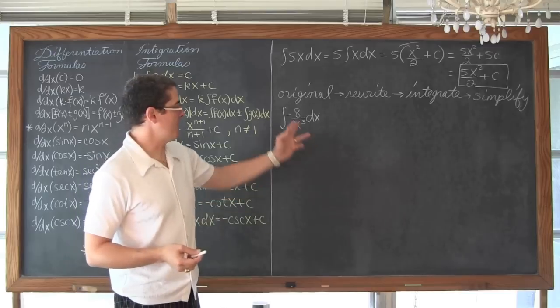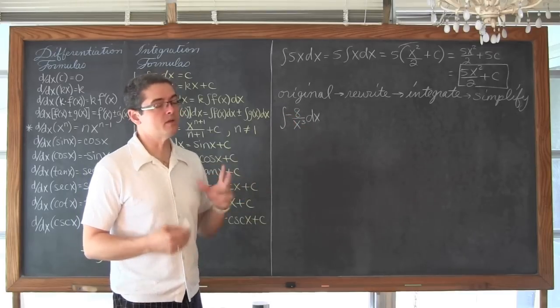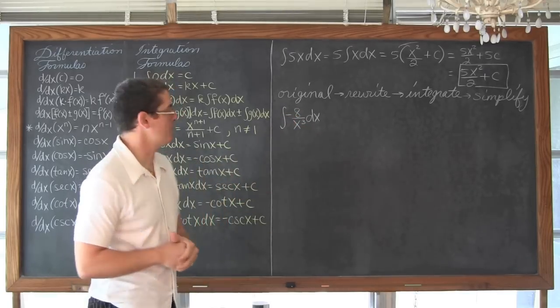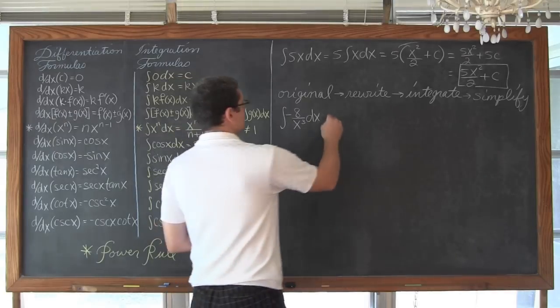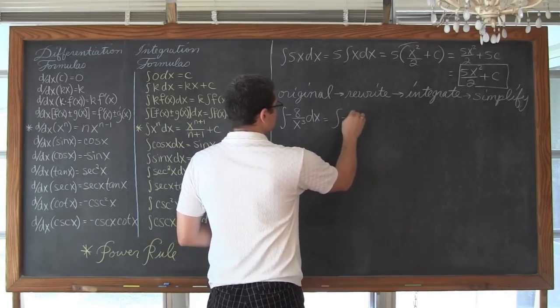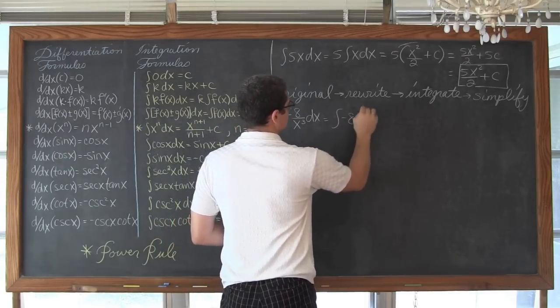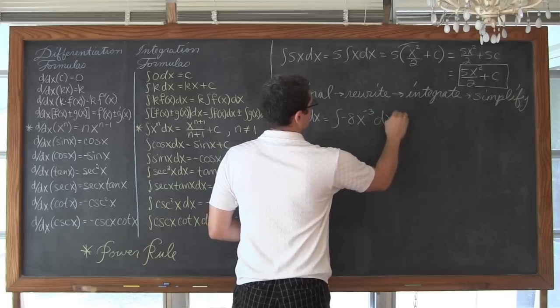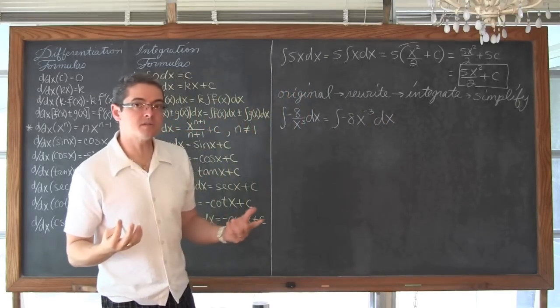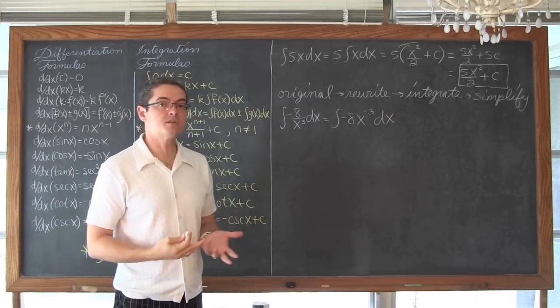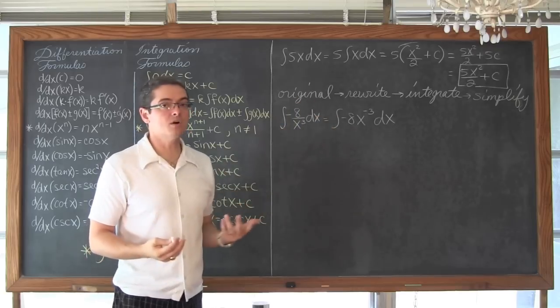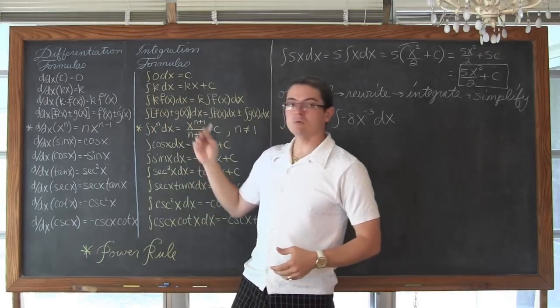And we're going to do that by writing this so that we don't see that fraction bar, so that we don't see the quotient. So we're going to write this as the integral of -8 x to the -3rd power dx. And see, so now my division sign is gone. I don't look at it as a quotient. It's just a term that I can apply the power rule to.